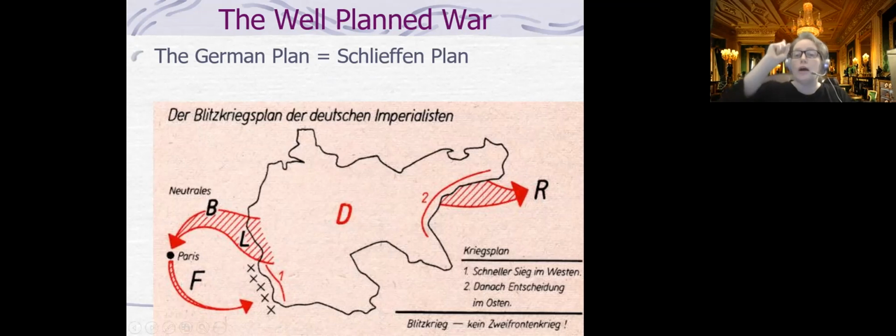Okay, so 1, attack France first. 2, make certain that Paris falls inside 6 weeks. A 6-week time frame. Okay. Then you can shift all of these troops over here and fight the Russians. That's part 3. Now, you're just going to have to fight the Russians. But that's the plan. It's a pretty straightforward plan.